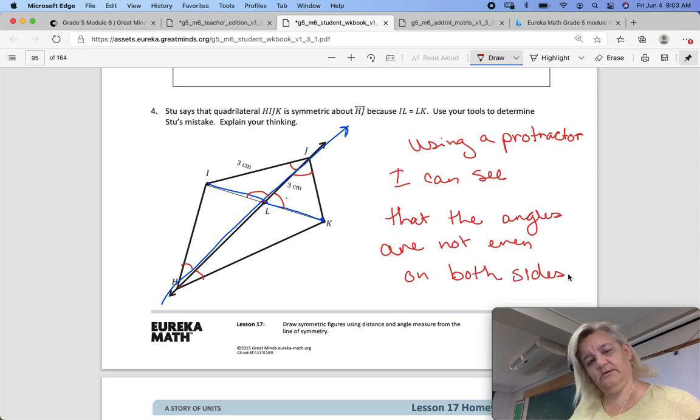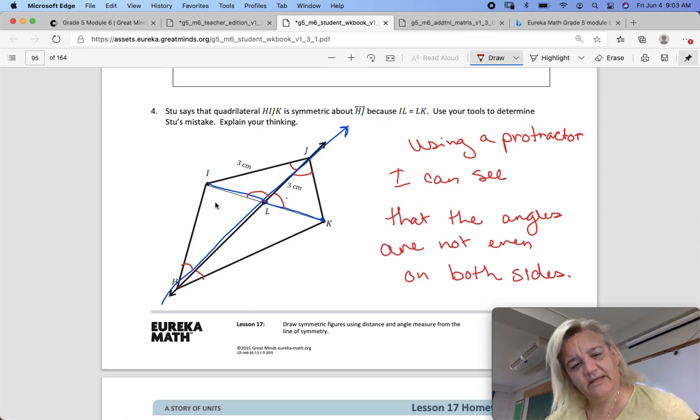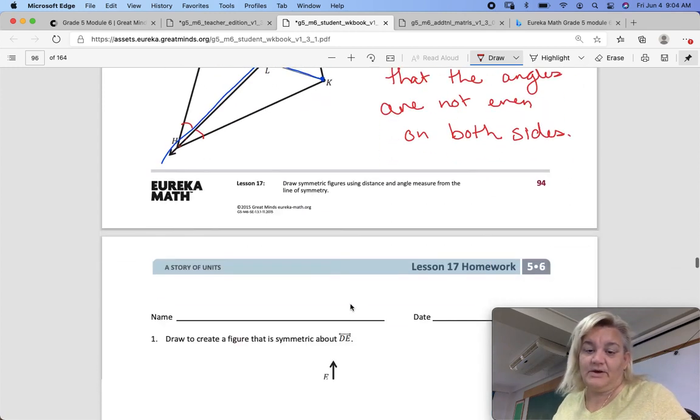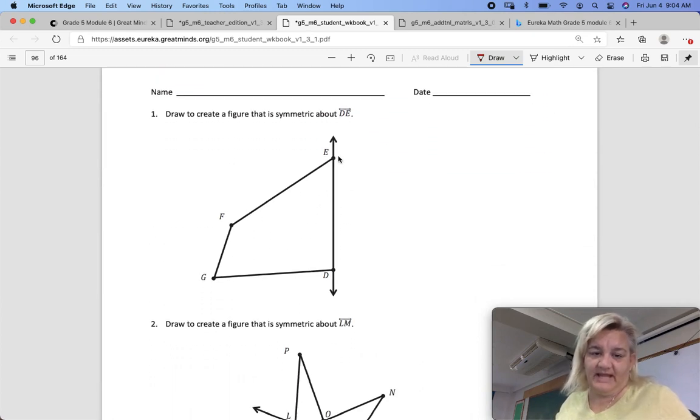Okay, there we go. I would love to be able to make that for you. It's tricky for me. Okay, so your homework, create another